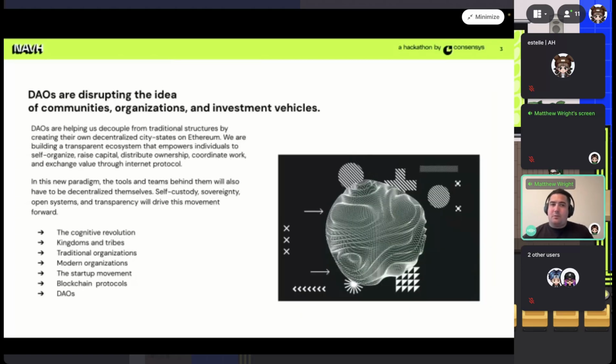Cool. So diving into the topic here. I think a lot of folks see DAOs as one single thing, and usually that one single thing is a company, a startup, an organization. But beyond that, it's a lot more than that. They can be communities, they can be organizations, they can be investment vehicles. I think the best way to think about DAOs is, for any need to coordinate, again, human capital or capital, work, equity in a system on chain,